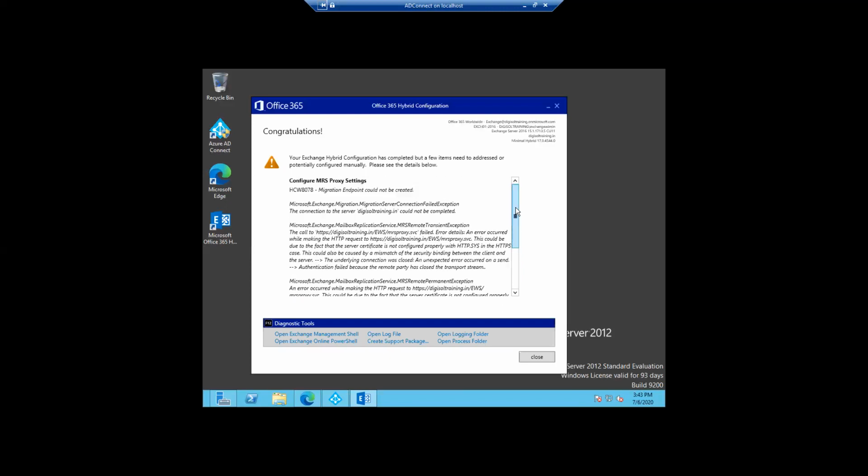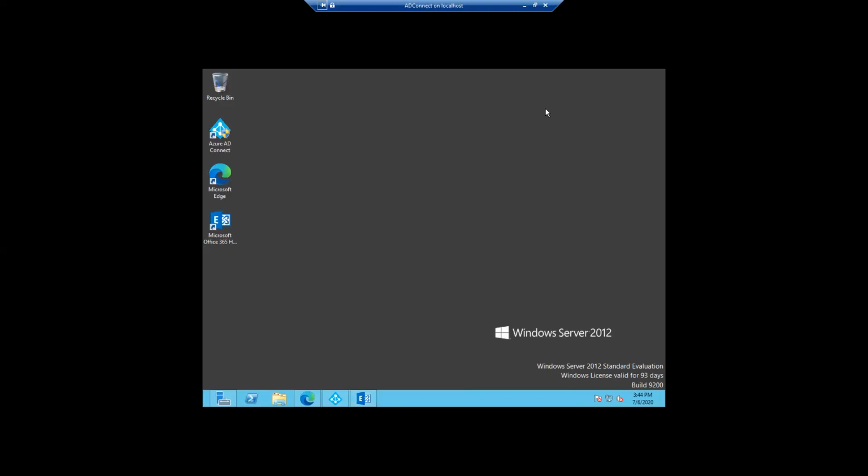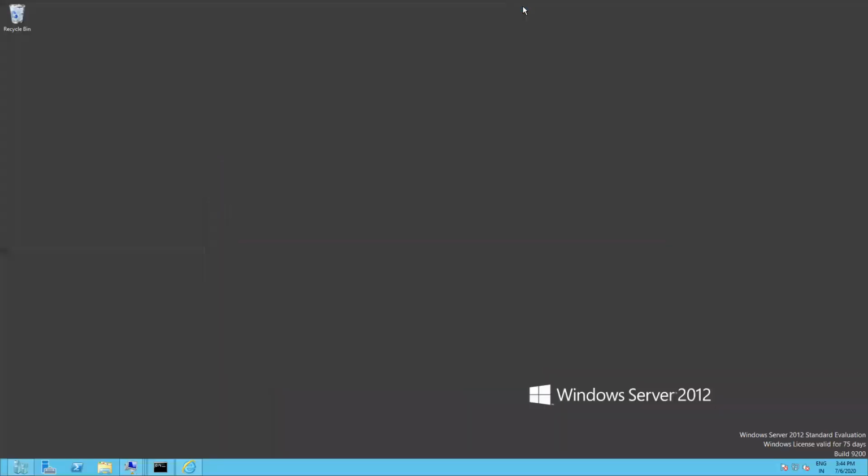Once it is completed, you will get the connectors on both sides. On the on-premises Exchange server, the receive and send connectors are automatically created, inbound and outbound, and also inbound and outbound connectors are created on the Office 365 portal. Then we can get the mail flow and everything. We can test by creating one on-premises mailbox, then we have to migrate it to online. This way you can configure the hybrid configuration.